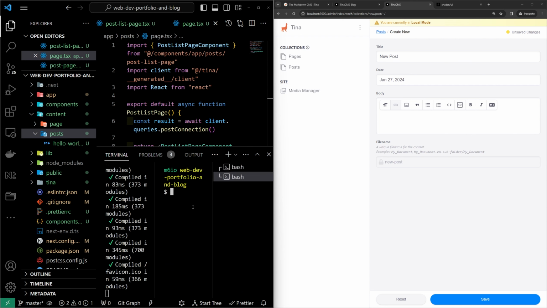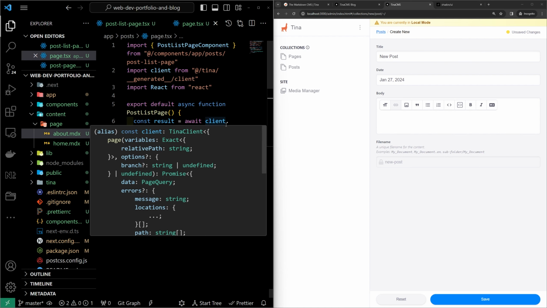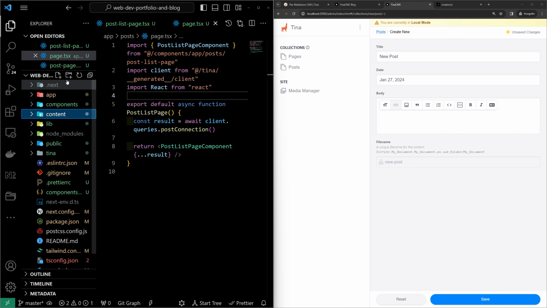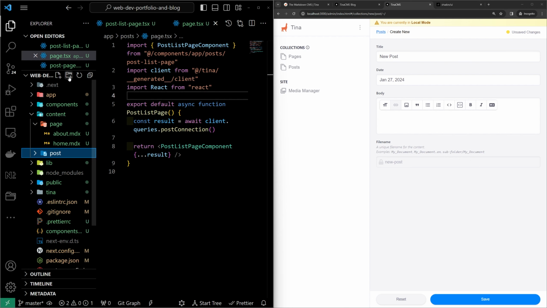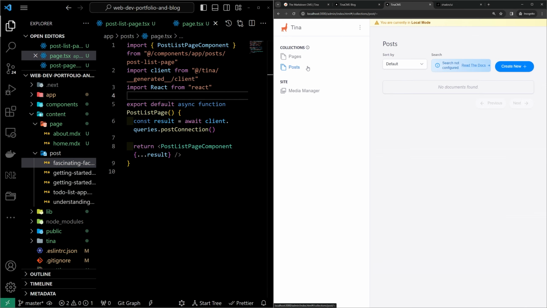So we'll just say cd content / posts. Wait, what did I? No, there we go. rm -rf posts. I don't want to deal with the administrator permissions right now. So just get rid of that. And now in content, I'll create a new folder, call it post. And in here, I'll paste in these MDX files. So now if I refresh and go back to posts,